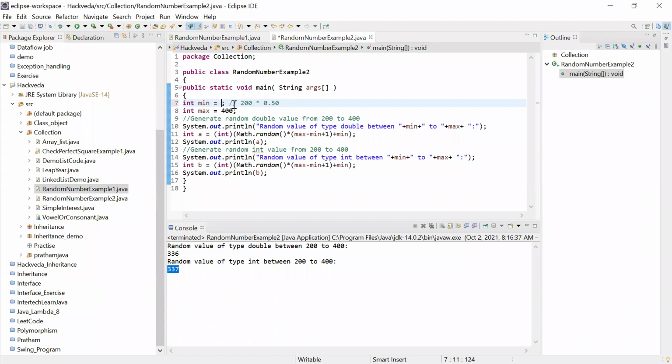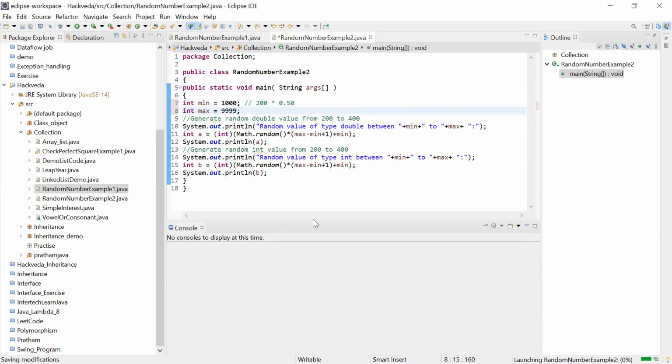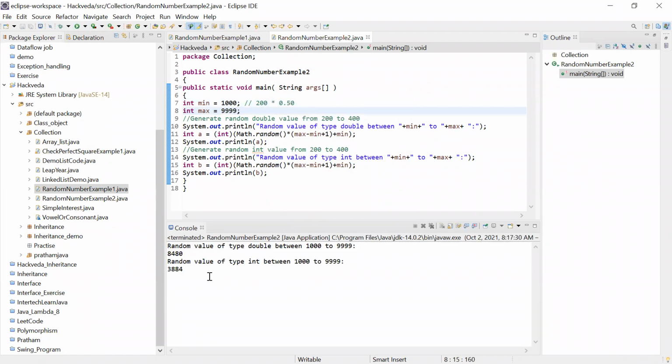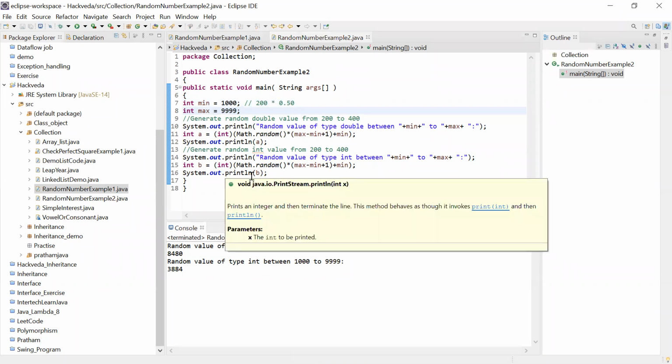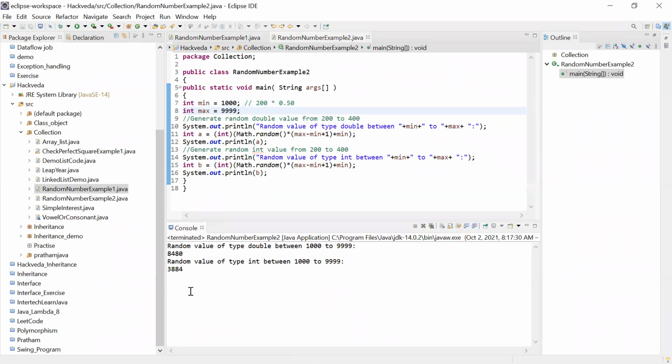Let's try this. See here, the random value between 1000 and 9999, the first one is this, and the next value that I generated again, I got this one.